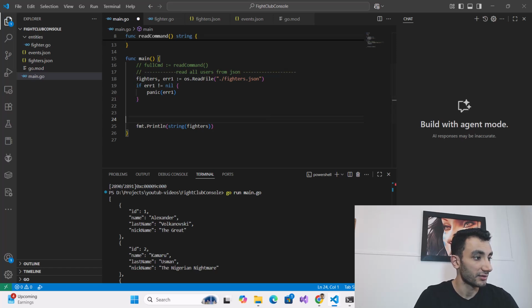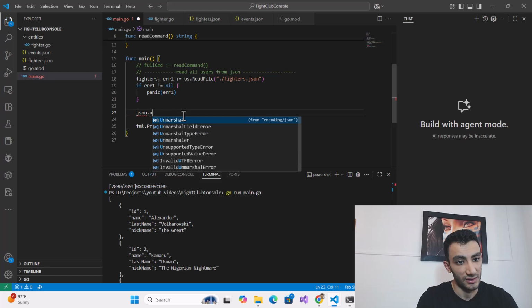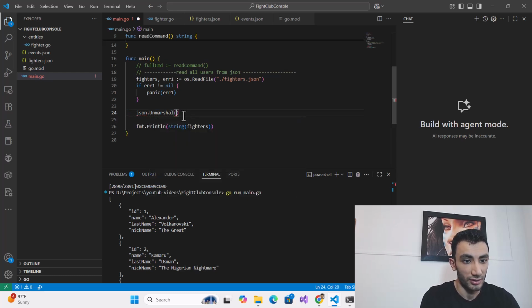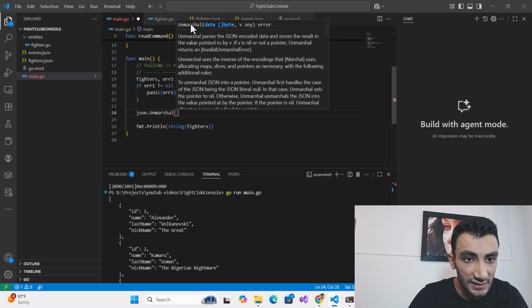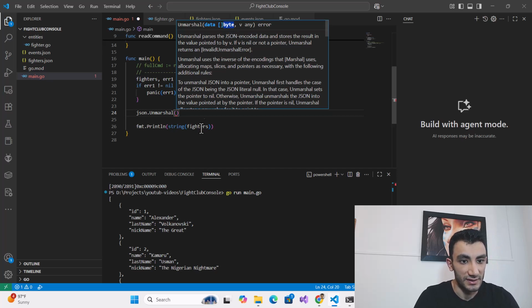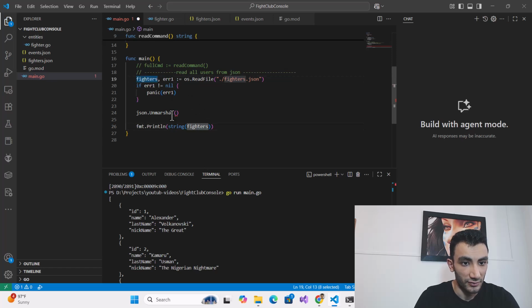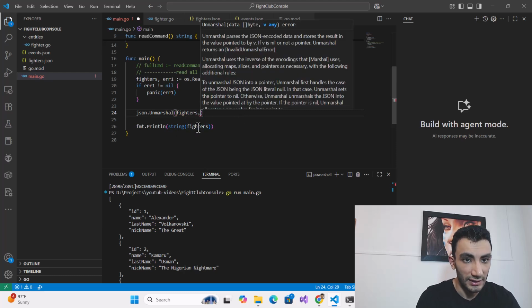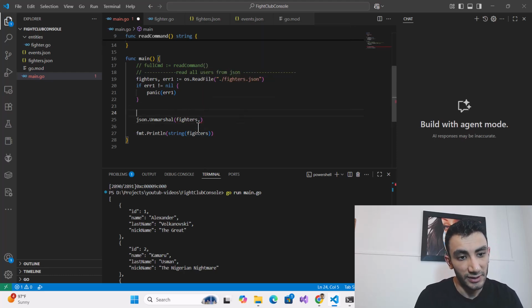And after that I need to parse my JSON. I do that by saying json.Unmarshal. It gets the data and my users, fighters, and my variable.